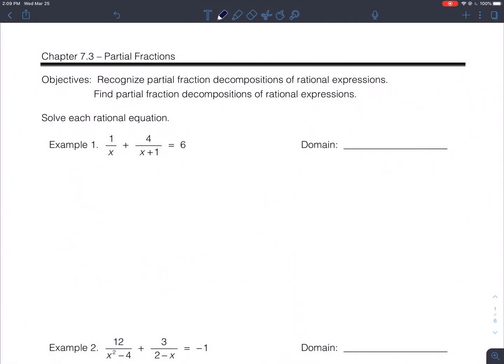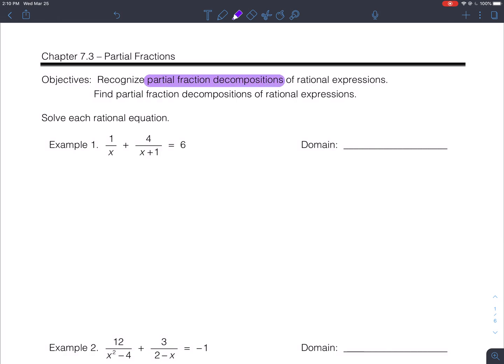All right, here we are in section 7.3. The section title is partial fractions. This is a bit tougher, and these notes are definitely going to take us a little longer to get through, so let me jump right in. Our objective is to recognize what we call partial fraction decompositions